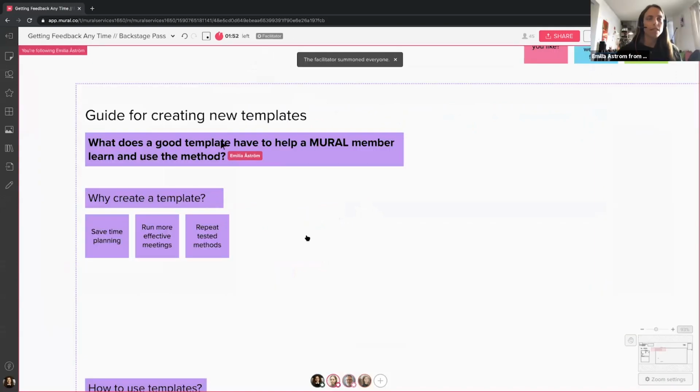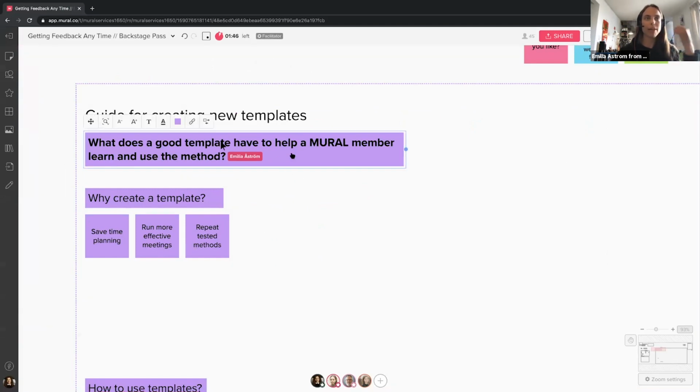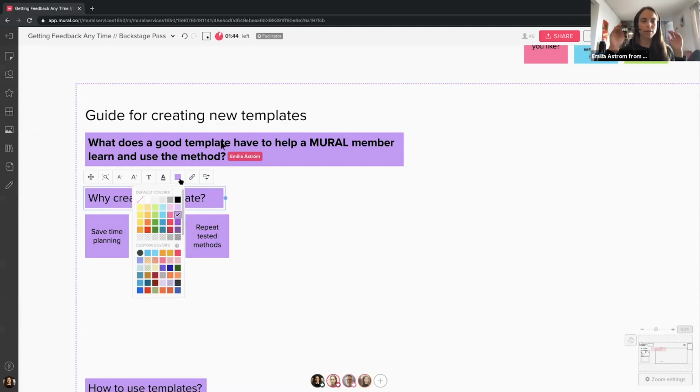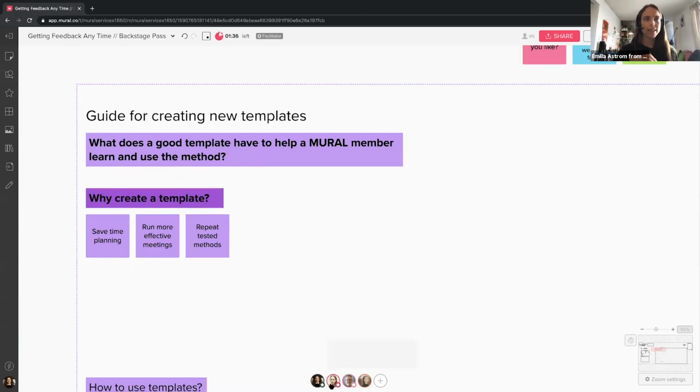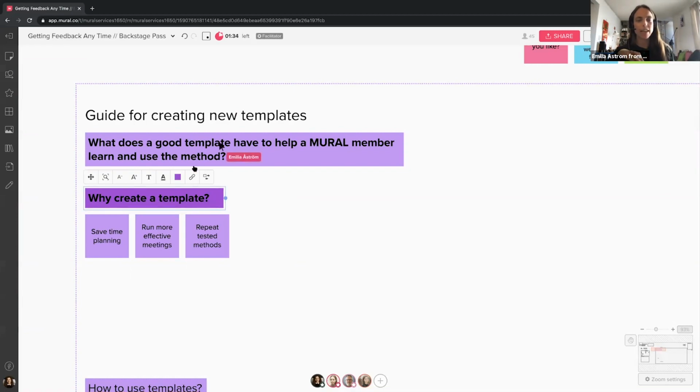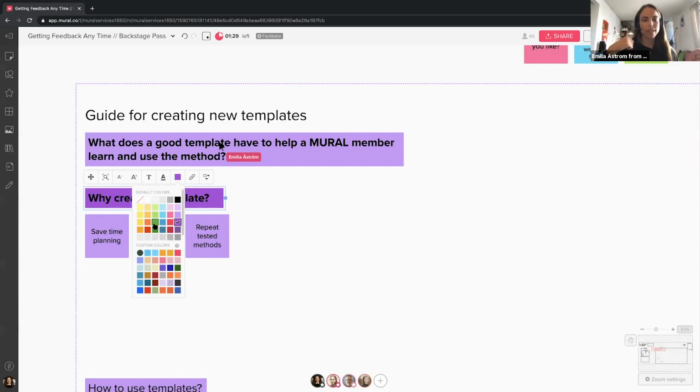Right. So this is an idea for a guide. I'm imagining that it would be maybe a web page, kind of like it could be a page in our help center, or it could be an individual page on our website with guidelines that people can look at as a help when they design and create their own templates.